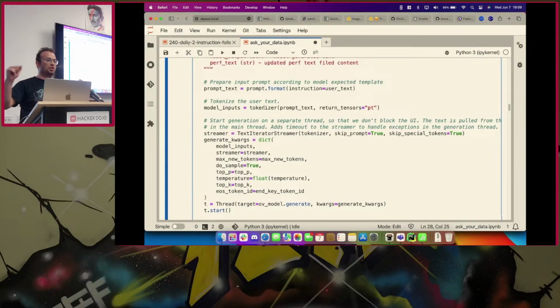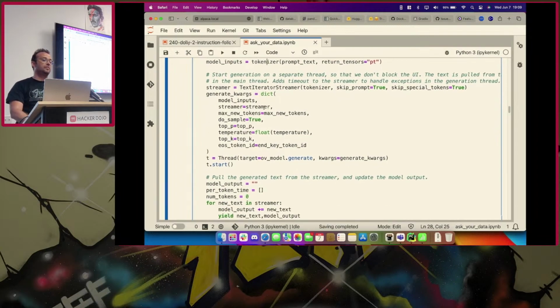No other transformation has happened here. And then we have this particular class called TextIteratorStreamer that we run on a separate thread and provide it with these new tokens and all the parameters that we set from the interface, like how many new tokens we wanted to produce, what's the top P, what's the temperature, what's top K, etc. Okay,